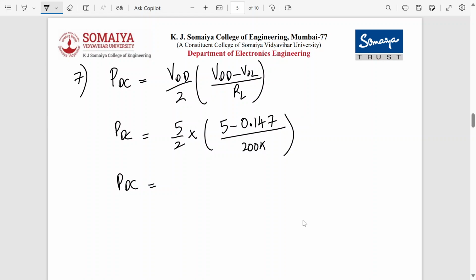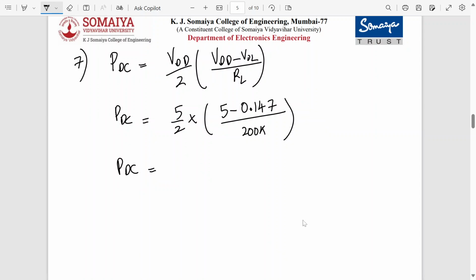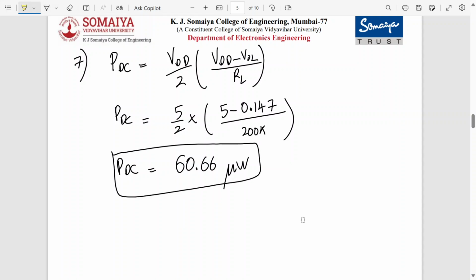I'm waiting for an answer. Is it 60.66 microwatts? Yes, correct. 60.66 microwatts. So this is the way we can solve a numerical where they give you the parameters